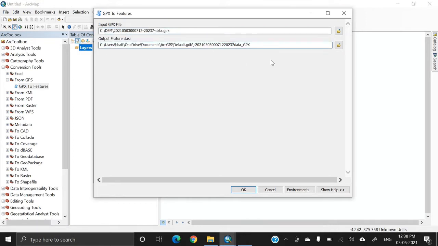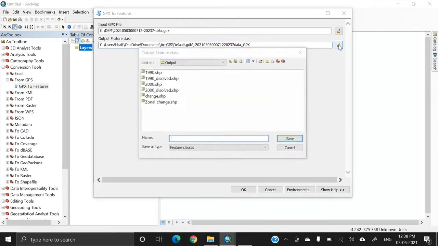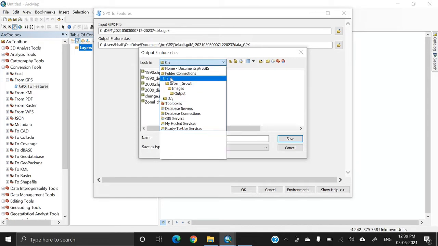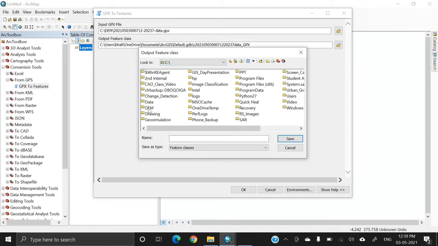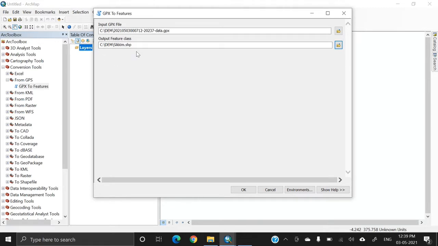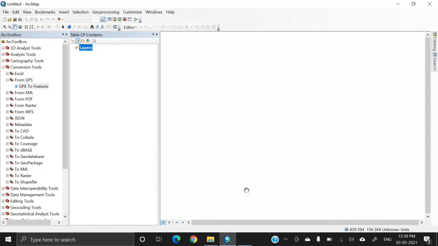And then the output file name, first select the folder, the DEM folder, and save as type feature classes and give some name as Sikkim. So it will be saved as a shapefile. Okay.